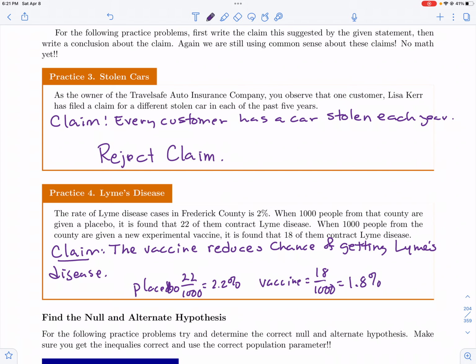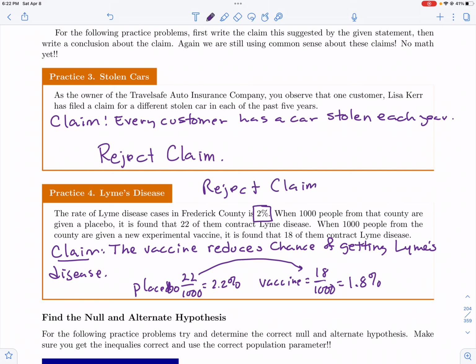Technically if we rounded these, notice they would all end up rounding to right around that 2%. So even though we did see a little bit of reduction between the 22 and the 18, that could have just been sheer luck. There isn't really enough significant evidence to prove that the vaccine caused that little teeny bit of difference. So I would say we could reject this claim